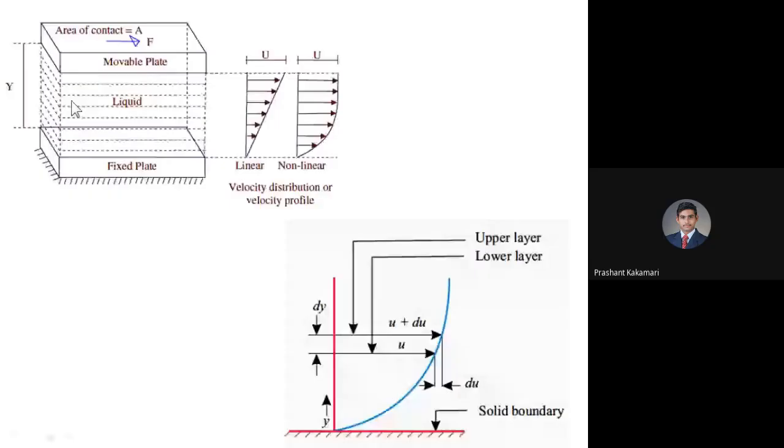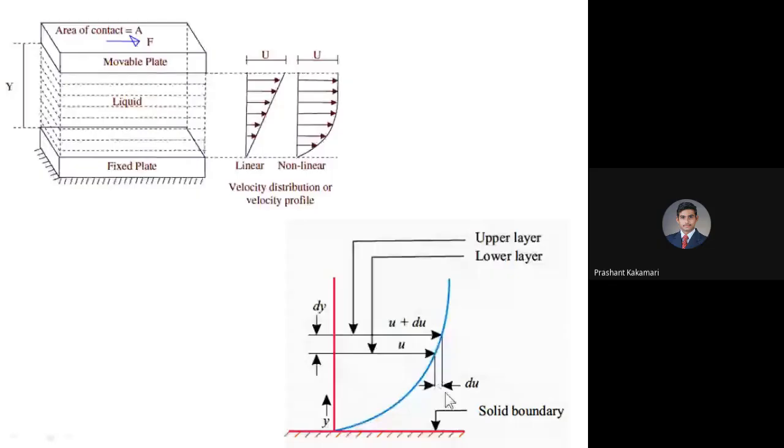I will discuss the shear stress in the liquids. Why am I talking about shear stress? Because here the force is applied in the tangential direction to the liquid layers. That is why the force acting on the tangential surface of the liquid we can call shear stress. For a small layer, you can see here the y-axis distance y is changing, so for a given small layer I have taken dy. And whatever velocity change there is between the two surfaces of the given layer of liquid, that I can consider